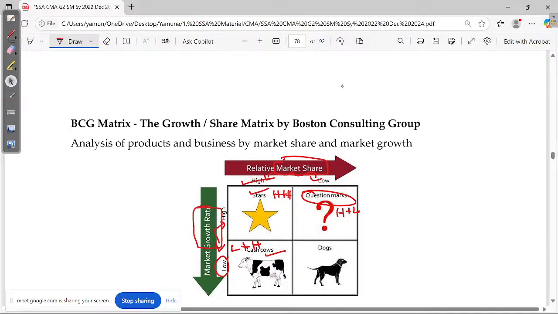Stars may not be generating cash. Stars means you are the star, so you have to offer all the discounts and do so many things for advertisement. You have to sustain in the business. There will be a big tension for stars. But if it is a cash cow, you don't do anything.